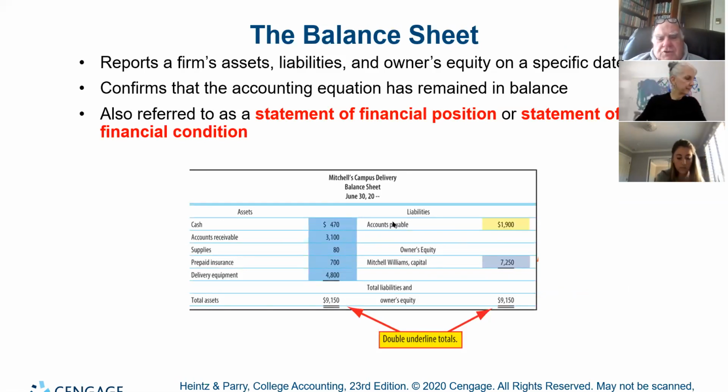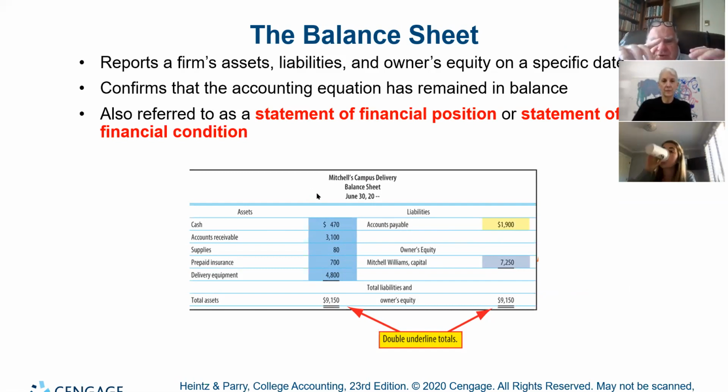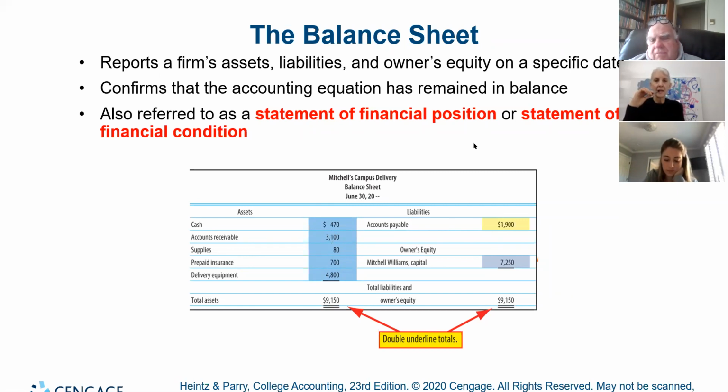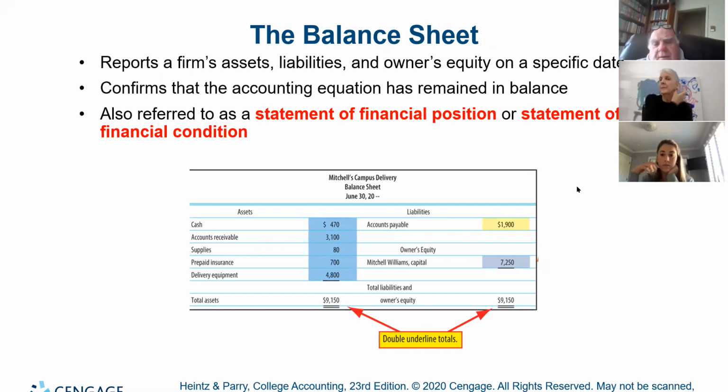And I call your attention to the date. You see what that says, everybody? June 30th. The balance sheet must say as of a specific date. The balance sheet is a snapshot. You're taking a picture. At the end of the month, there was $470 in cash in the bank. At the end of the month, at midnight, this is what customers owed. This is what this guy owed. So if you said for the month ending here, that would be wrong. It would tell people you really didn't know what you were doing